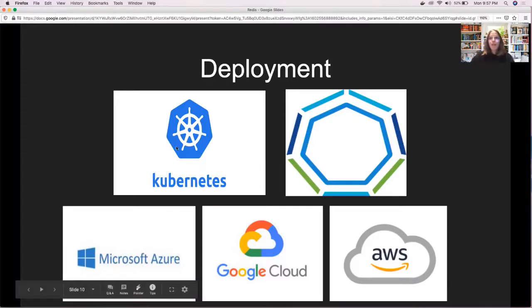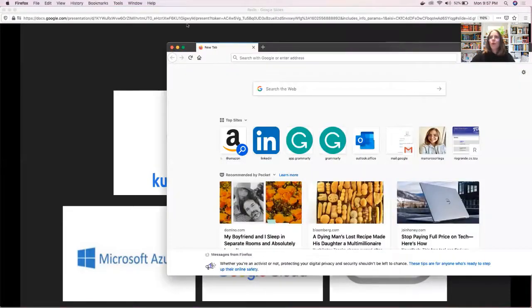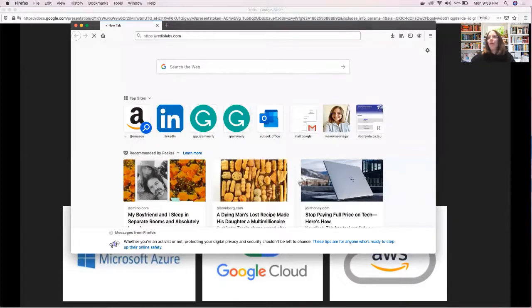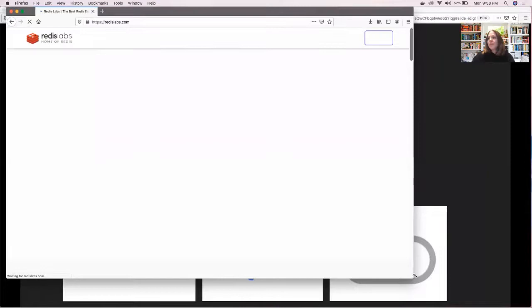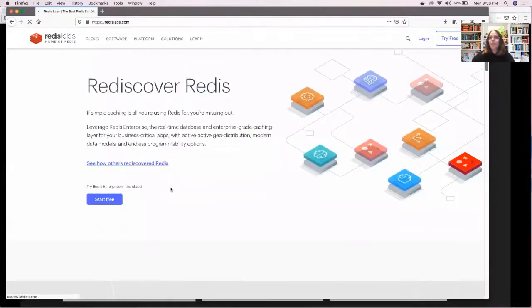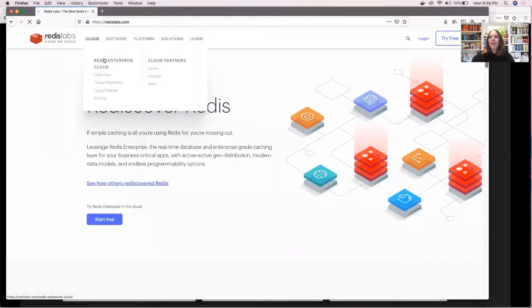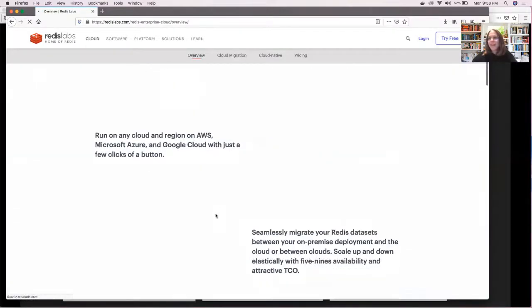So now I want to show you the Redis webpage. So the Redis Labs webpage, which are the ones who maintain and keep improving Redis. So basically, this is Redis Labs, and they have very good information here on their webpage. And I was explaining they have a whole section on the cloud and how their cloud partners Azure, Google, and AWS work. And also here in the overview, we can see some of the advantages that they list